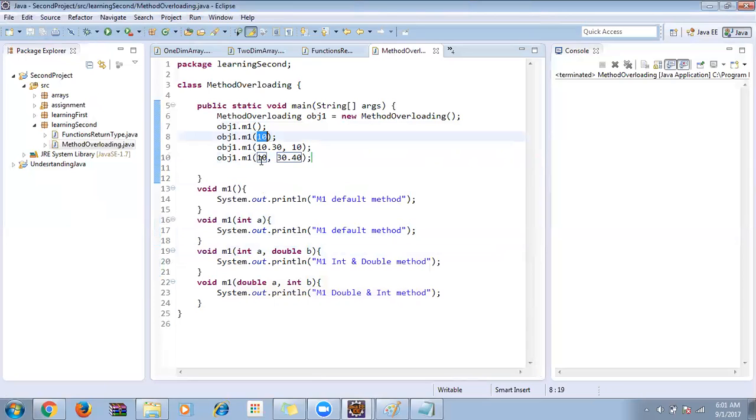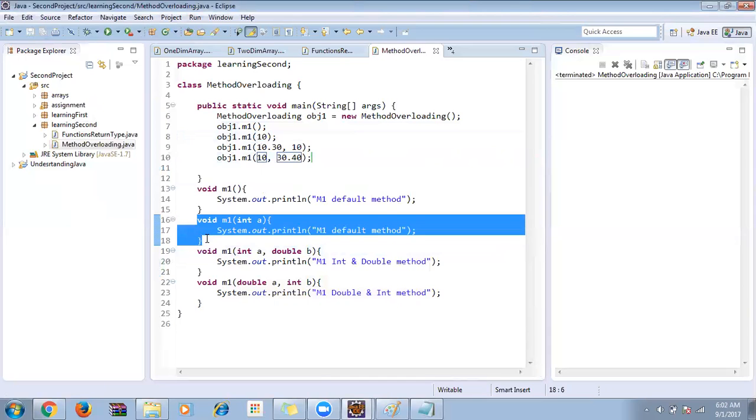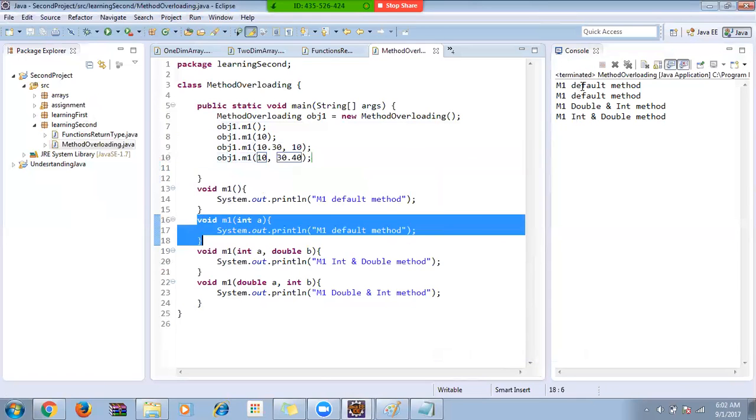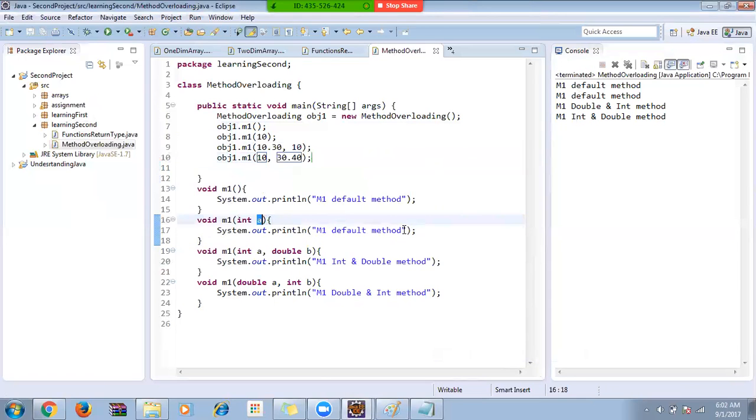So the value which I'm passing over here will be a local variable for this method. So right click and run as, so it has called. Now if I'm trying to print the value here, see, plus A, then plus B, plus A, plus B. Now when I run it,